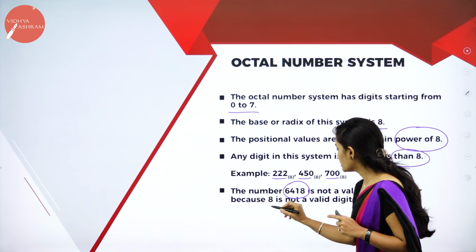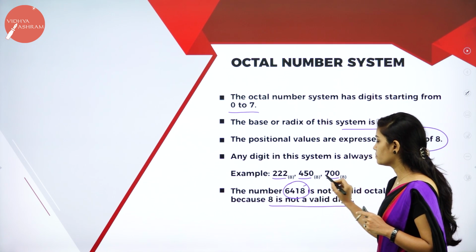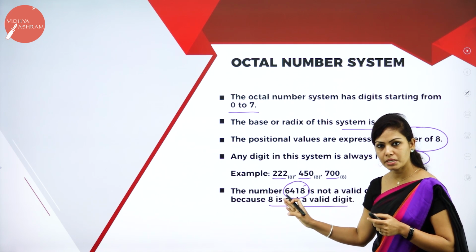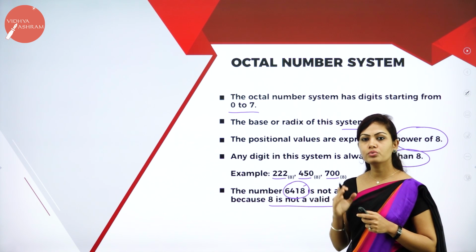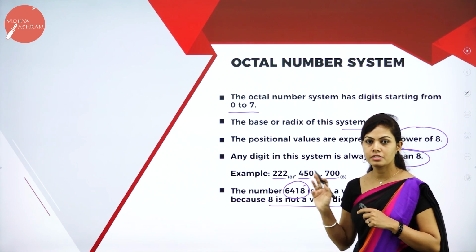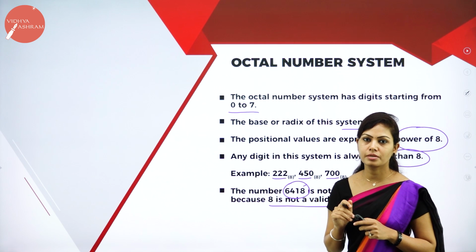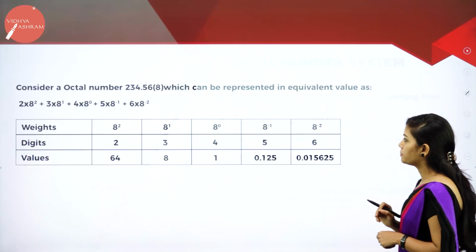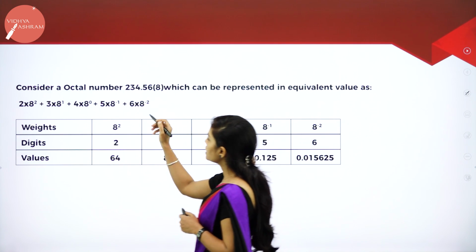But here 8 is not a valid digit, because an octal number consists of only the digits 0 to 7. This is called the octal number system. The base value or radix value is 8. Example: the octal number